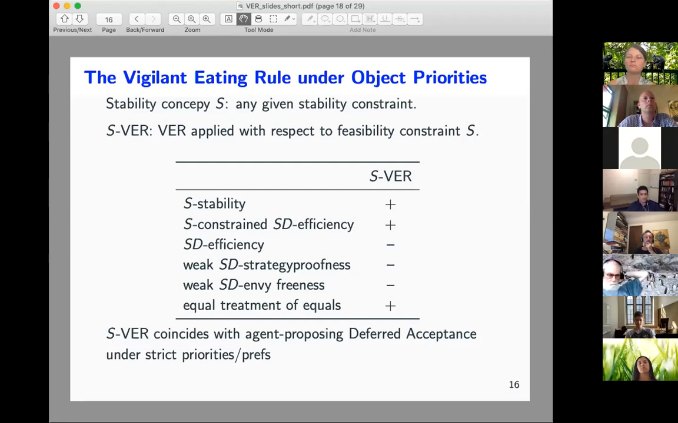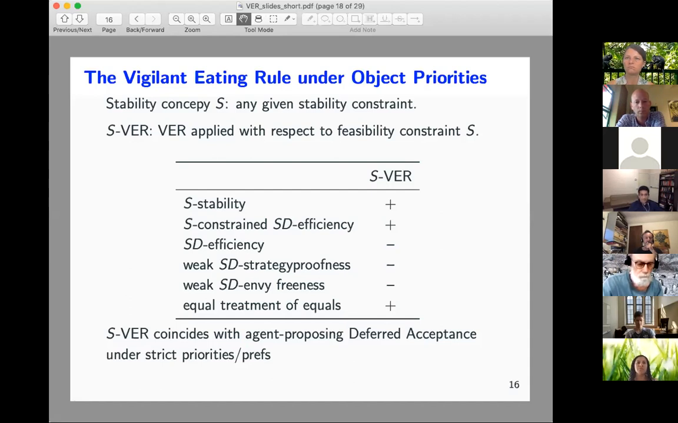Just because we know that VER satisfies feasibility constraints, we directly get that SVER satisfies S stability. We also get from our general results that SVER satisfies SD efficiency constrained to the set of S stable outcomes. Again, from the general results, we get the result that SVER satisfies equal treatment of equals. Another nice insight we had was that SVER coincides with the agent proposing deferred acceptance rule when both agents' preferences are strict as well as